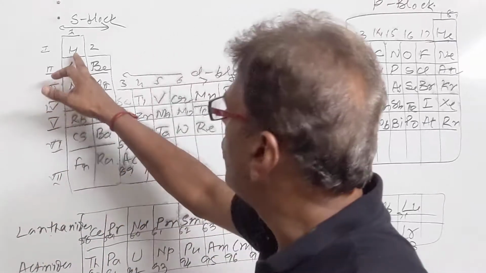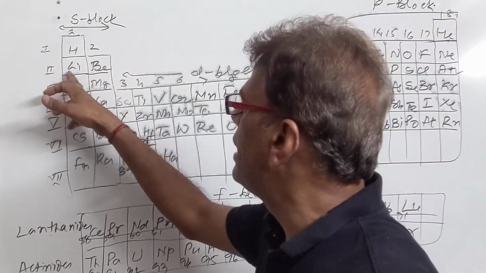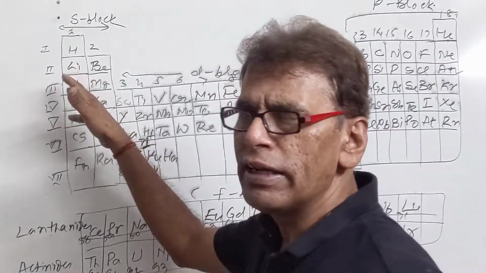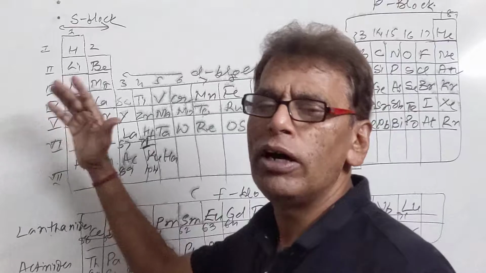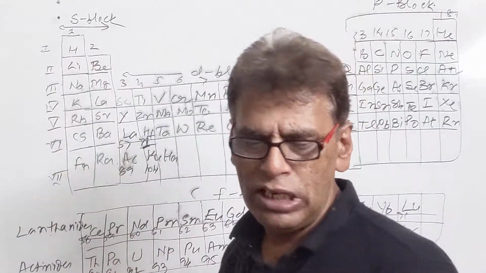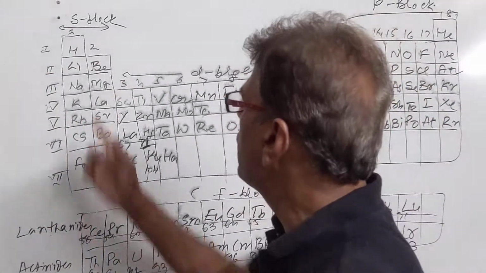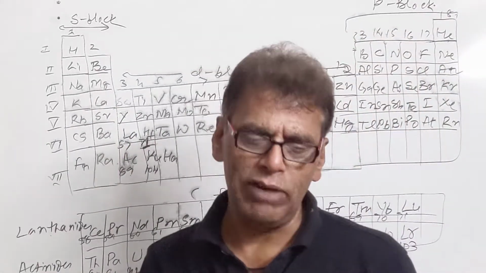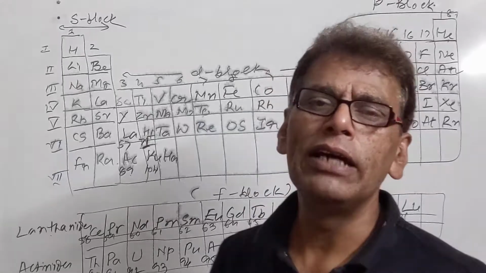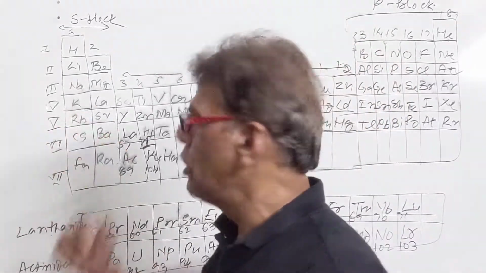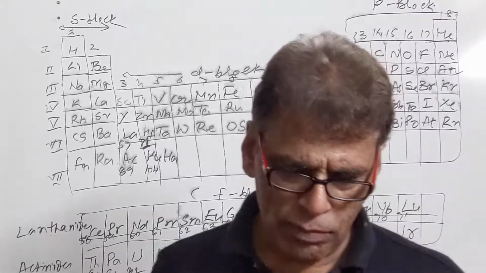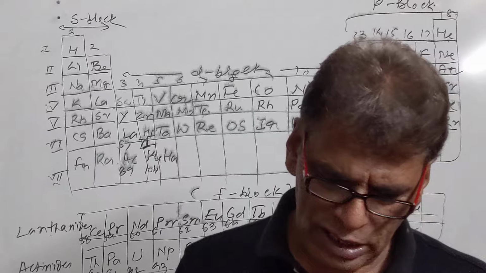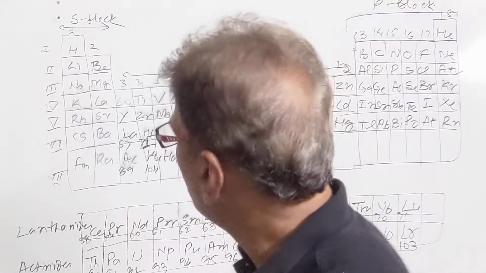Hydrogen has atomic number 1, lithium has 3, so it will have the configuration 2 and 1. The outer shell contains one electron. In sodium, 2, 8, 1, one electron. So all these elements have one electron. Similarly, we can compare the second group elements. All these elements will have 2 electrons in the valence shell, and they will show the valency of 2. In this manner, we can compare their properties, and we can compare their electronic configuration and the different shells.